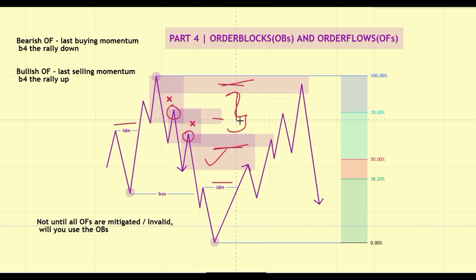All the order blocks that are in between here are all invalid, or are all smart money traps, and you'll only be considering the sell from this here. So once you see a reaction from this extreme order block that is on the extreme, and make sure that the order block is unmitigated,